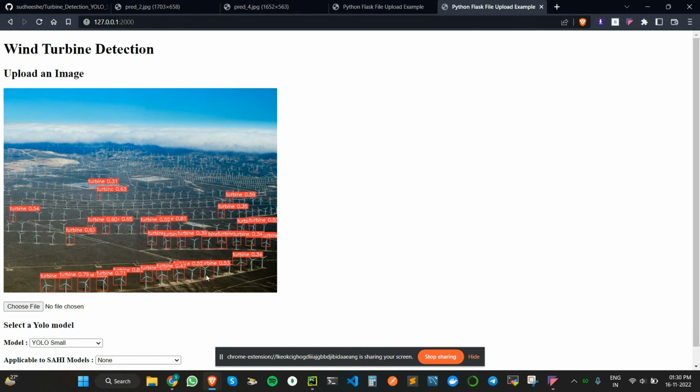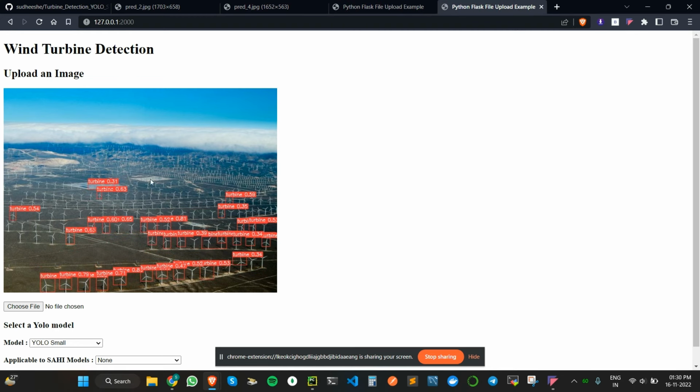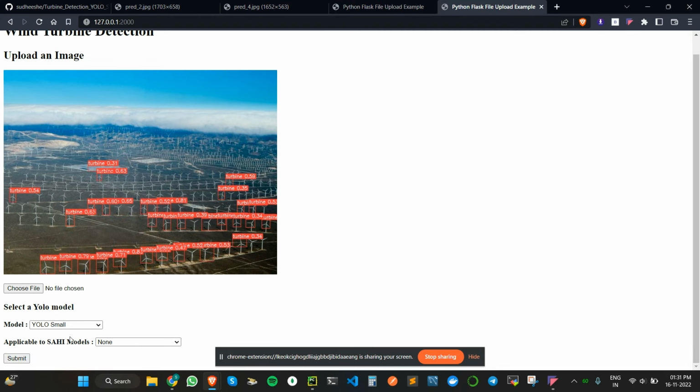These many detections it can do in a standard format, but this many detections it can do with YOLO SAHI along with 256 cross 256. But if I decrease even further to 128 cross 128,